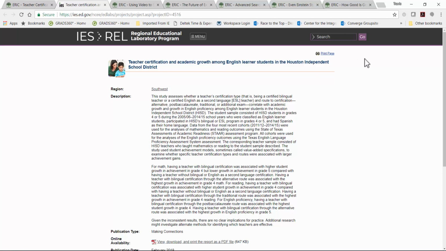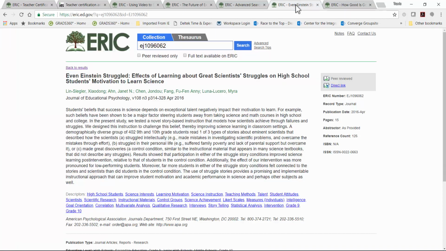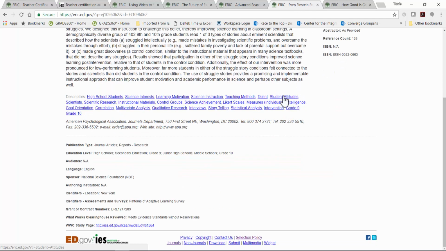Now we want to look at What Works Clearinghouse links. Again, we'll go towards the bottom of the record. And we have What Works Clearinghouse reviewed. This field will display the rating that What Works Clearinghouse gave to this particular study.